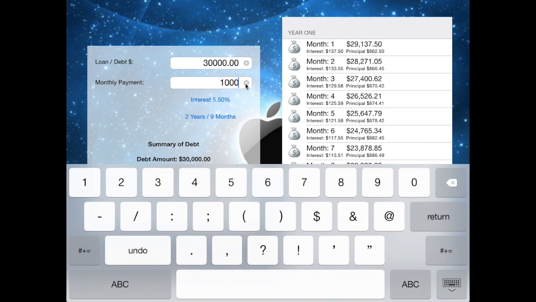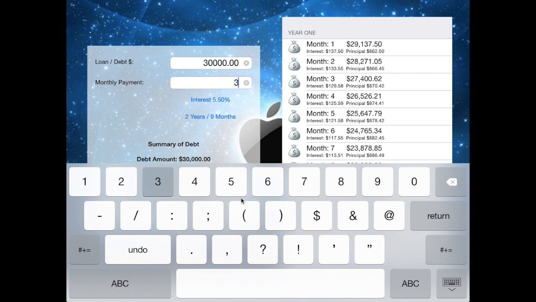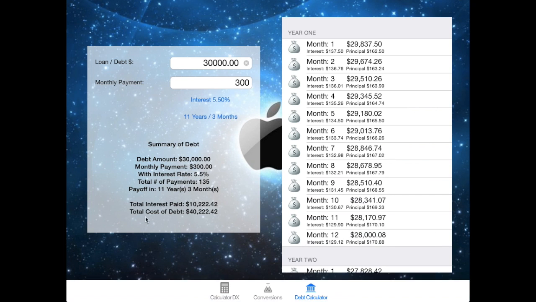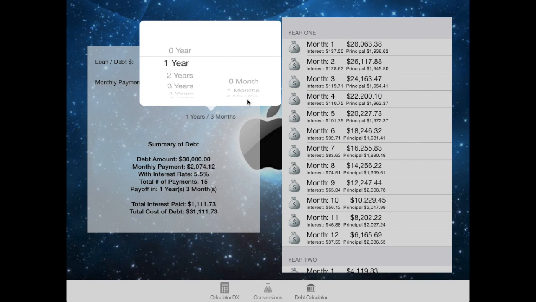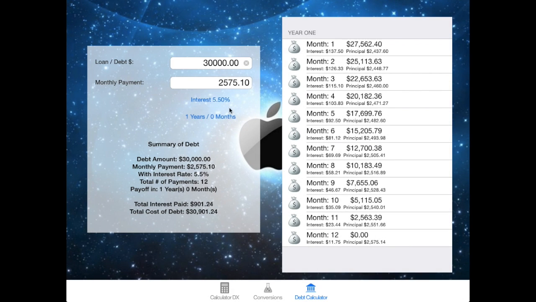I also can say, well, I want to maybe make a $300 a month payment. Will it allow me to do that? It's going to take 11 years, 3 months. But what if I want to pay this off in 1 year? Just 12 months. I have to pay